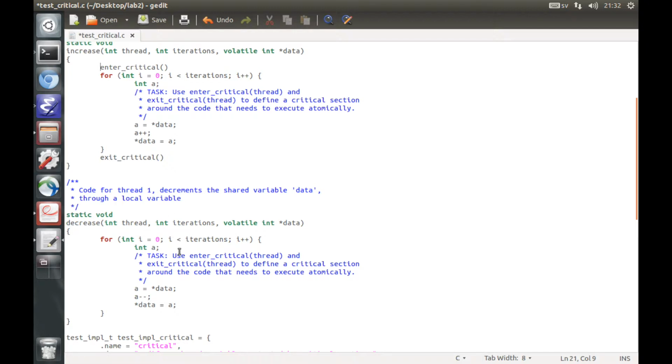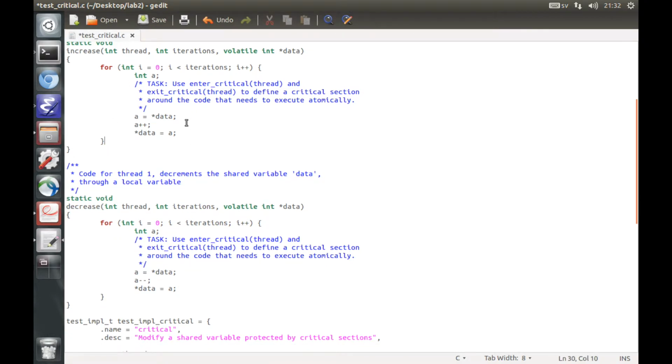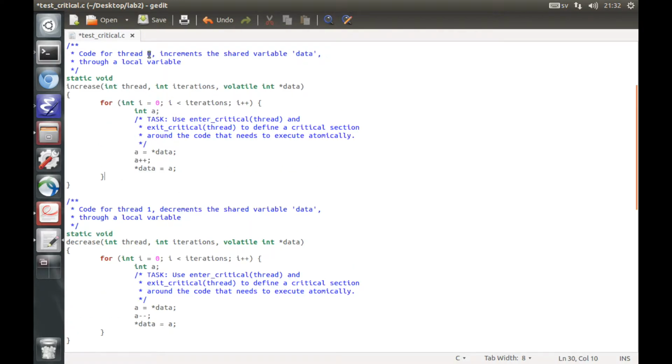it's not giving the chance to any of the other threads to progress as well. So your job here is to determine a good point in this code to enter and exit the critical section, and you will need to do that in both cases, in the code for thread 0 and in the code for thread 1. And once you have done that,